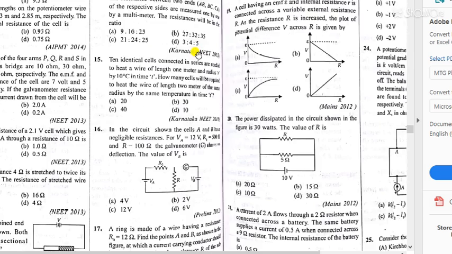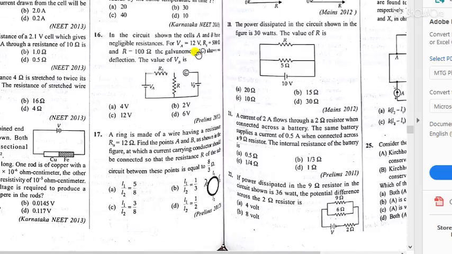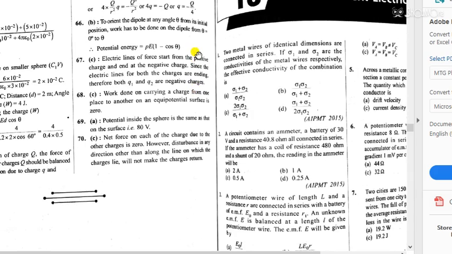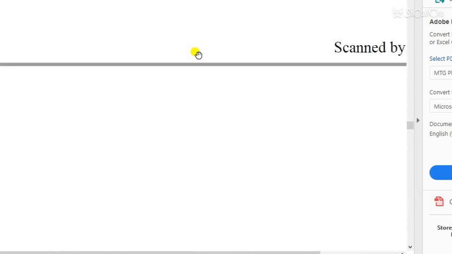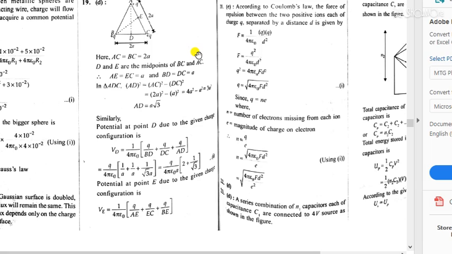I am taking some more questions in this video. Otherwise, we will see some questions in the next video from these books. If you need any type of book, you can drop a message to me, and I will try to send it to you soon. So these are some books that I have, and I will explain them.